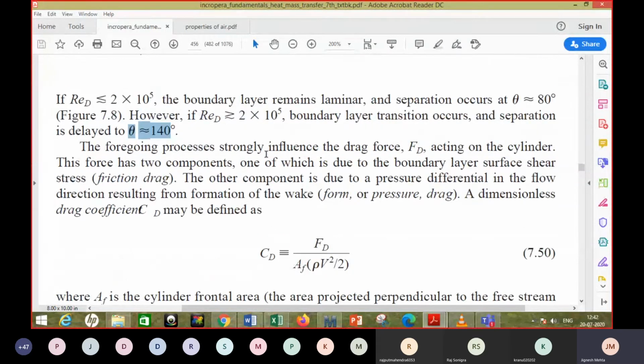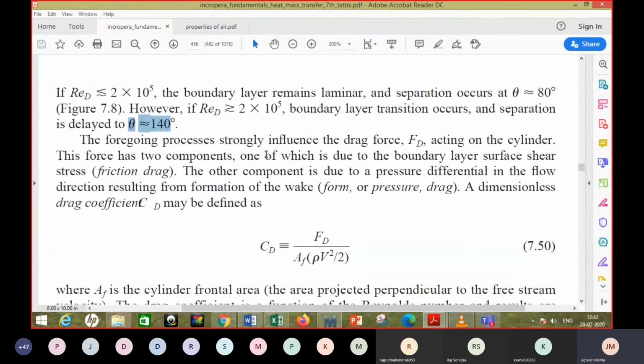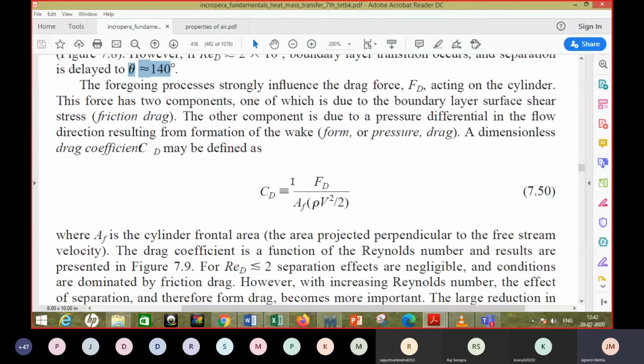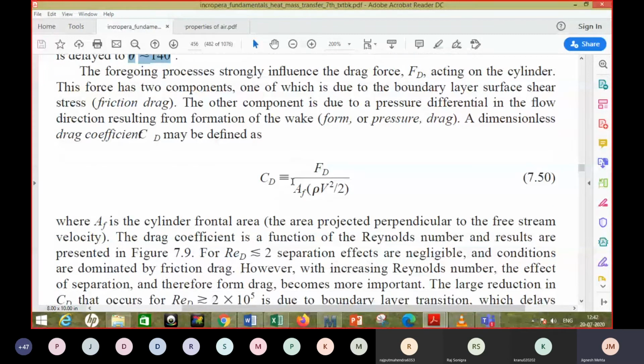Now here, if you see the overall picture, what you find is that on the forward side of the cylinder, the pressure is positive, and on the back side, because of the wake region and the eddy formation, the pressure is negative. So because of that, there is a resistance offered to the flow. Now this doesn't happen in case of flow over a flat plate. So the drag force in case of flow over a flat plate is the result of only the frictional resistance, or the viscous resistance.